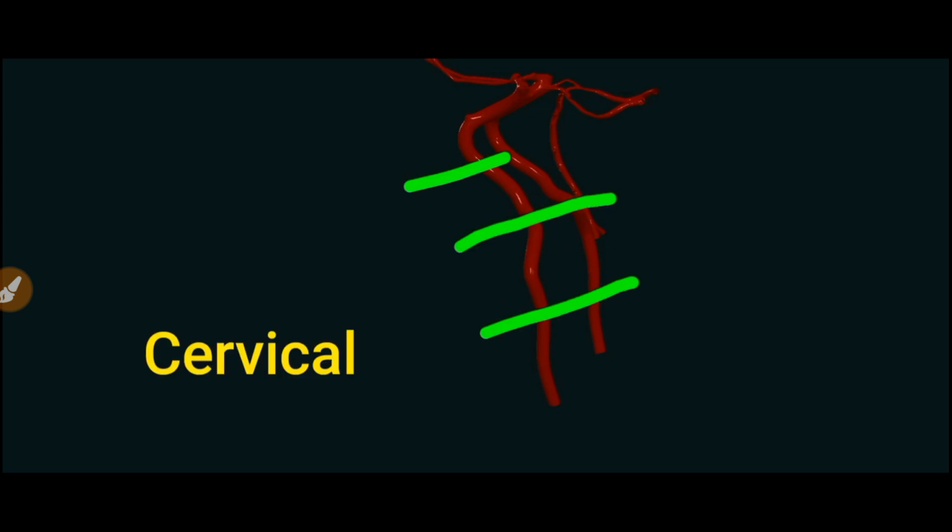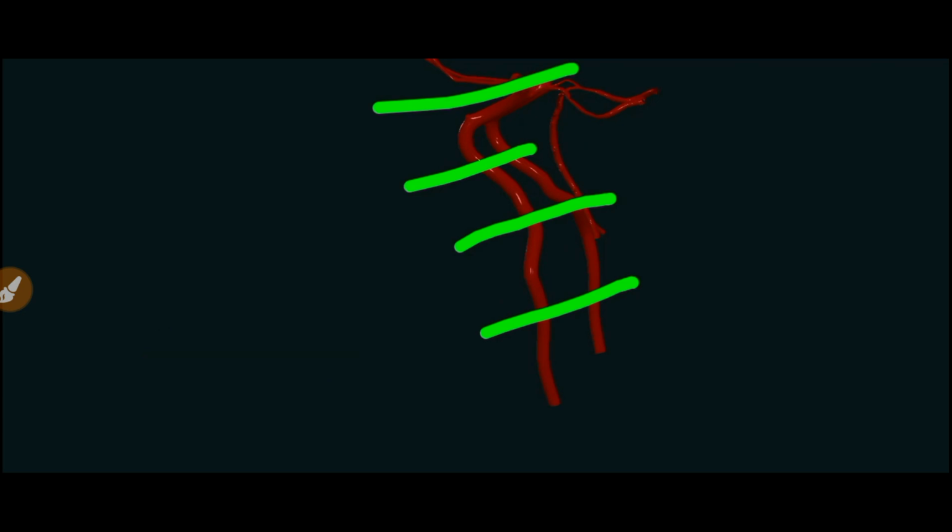It lies in front of the anterior wall, forming the anterior wall of the middle ear. Then it goes below the auditory tube and enters the petrous part, then the posterior wall of the foramen lacerum. You can see the cervical part, petrous part, cavernous part, and lastly the cerebral part. So these are the parts.